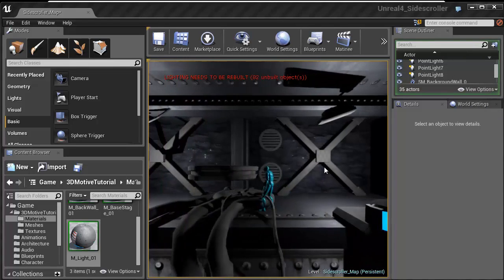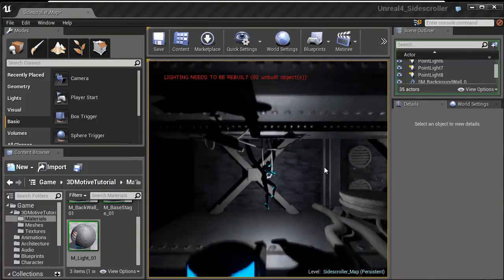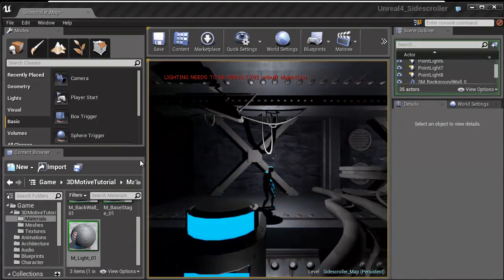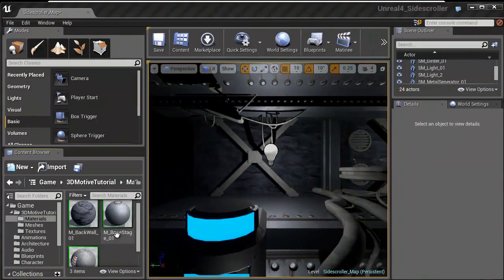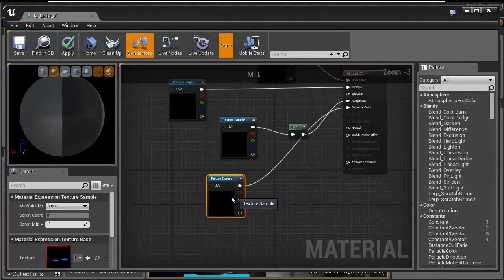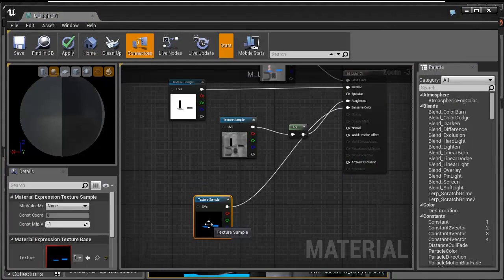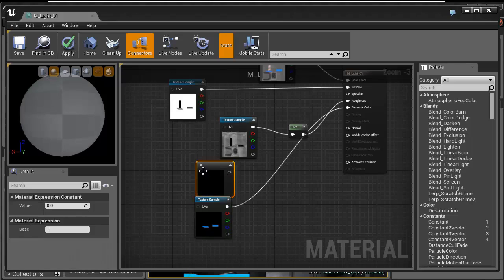But I think there's a little bit more we can do with it. Right now, it's glowing, but it's not really glowing. So I'm going to escape out, and I'm going to open up our material. And what I'm going to do is multiply our light by a 1 constant so that we can make it brighter. So to do that, I'm going to create a 1 constant node